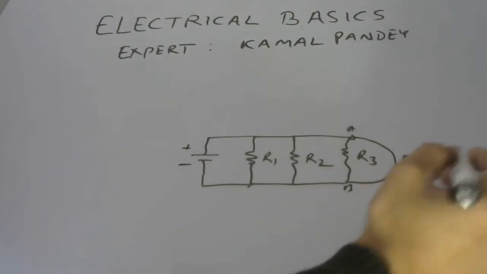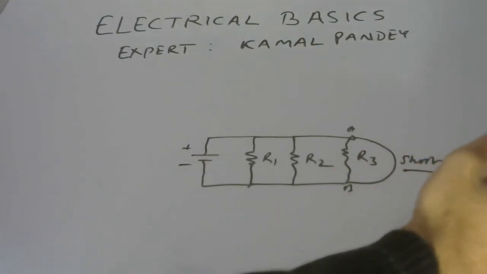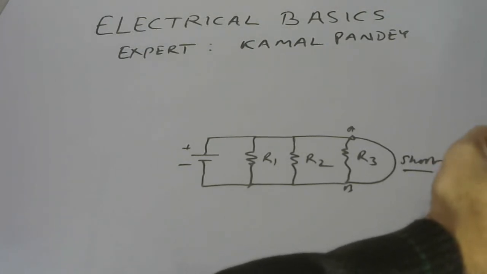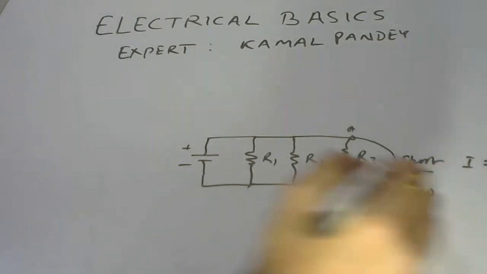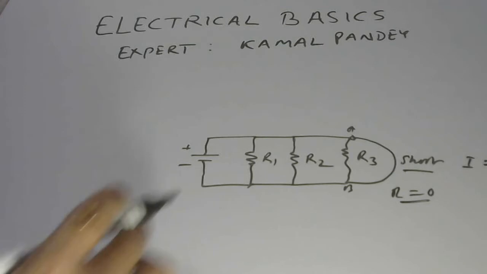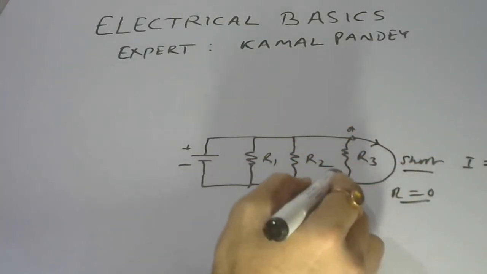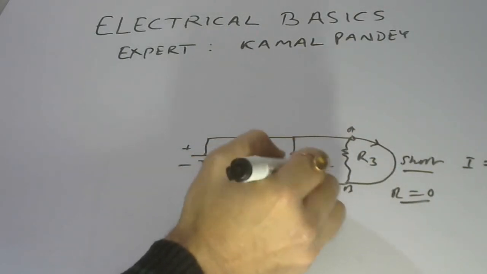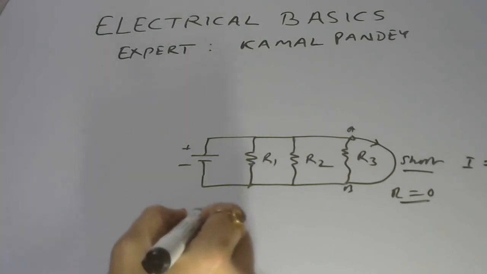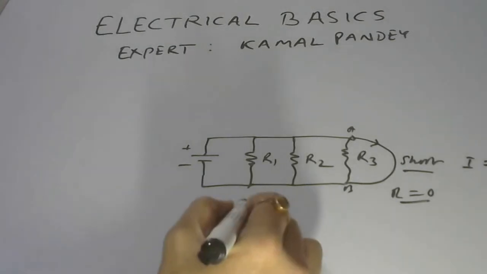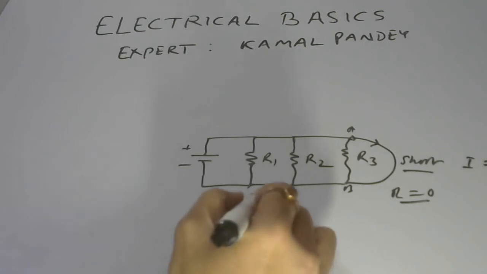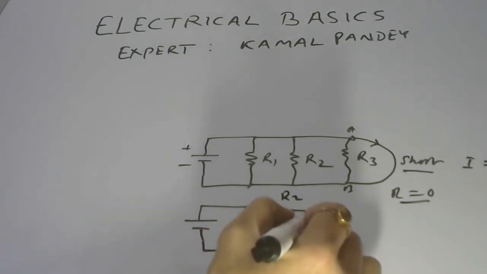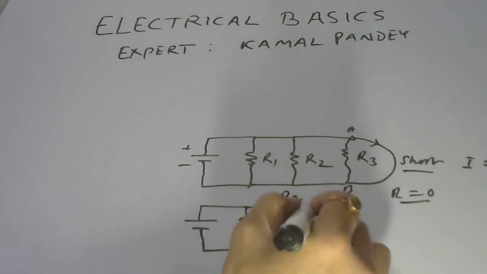In short circuit condition, in case of short circuit, current become infinity, resistance becomes 0, R become 0. That means whole current will bypass through the conducting wire AB. All the current. No current will flow through R1, R2, R3. Okay. If the circuit become like this, if here is R1 and here is one resistor we connect here. Let us take this is R2 in series, and other resistances are here R3 and R4.